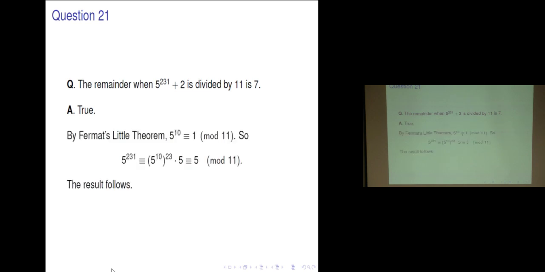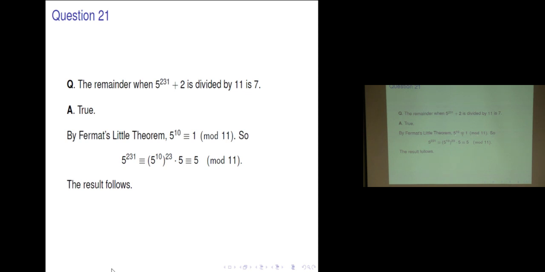Let's do the calculation. We can use Fermat's little theorem. 5 does not divide 11, and 11 is a prime. So a to the p minus 1 is congruent to 1 modulo p. Applying this to a equals 5, p equals 11,